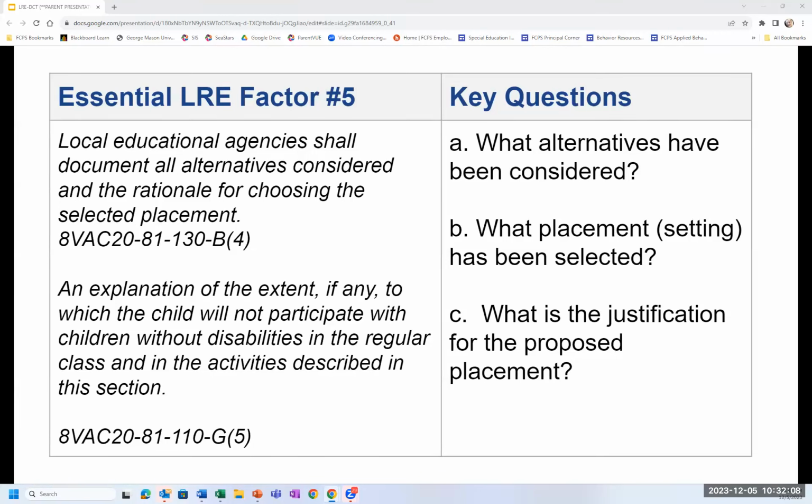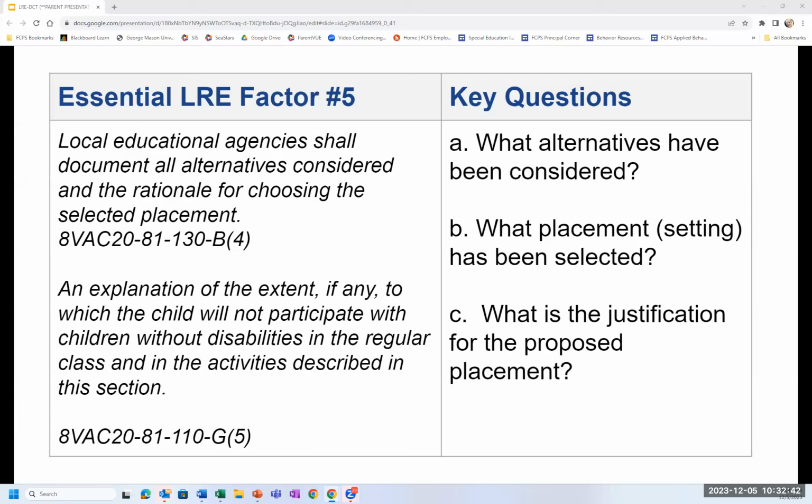So section 2 has essential LRE factor number 5. And this, again, is what is completed during the IEP meeting. The local educational agency shall document all alternatives considered and the rationale for choosing the selected placement, and an explanation of the extent, if any, to which the child will not participate with children without disabilities in the regular class and in the activities described in this section.